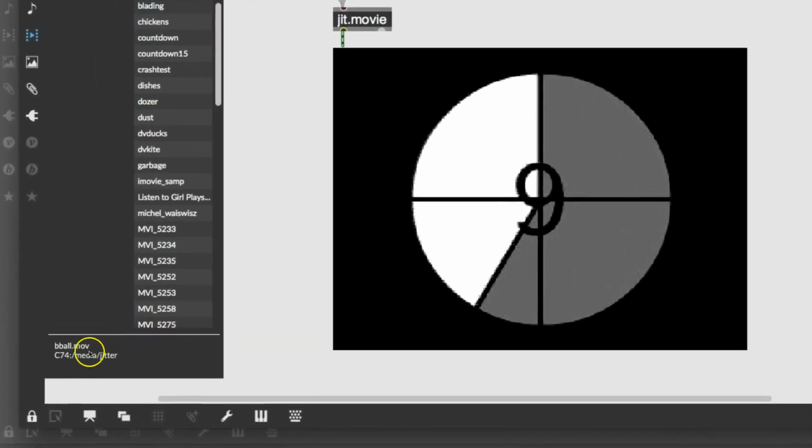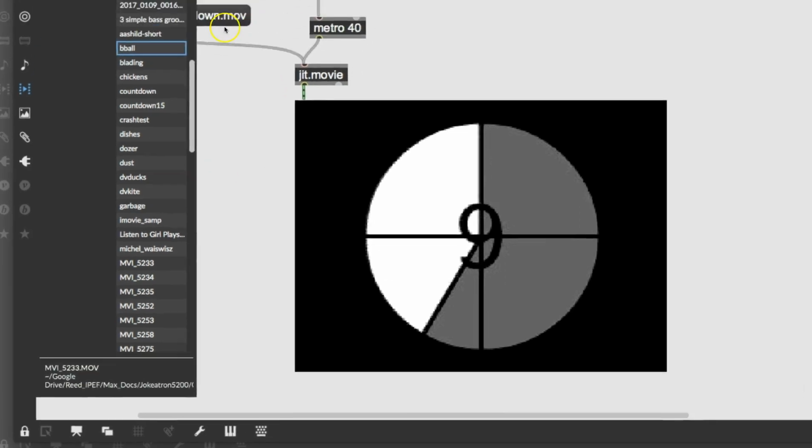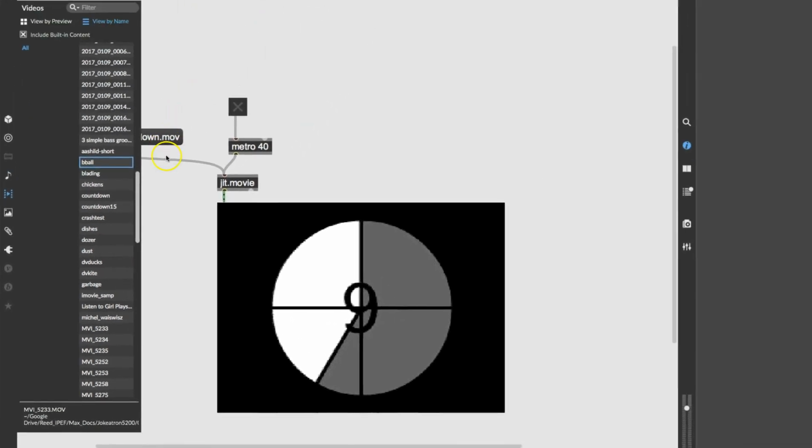Oh, there we go. C74 media jitter. So in a perfect world, I could copy this, but I can't copy it. I know that I can load b-ball. I can tell it to play b-ball and Max will be able to find it. But what if I want to set up a menu or something where I can play all these things that